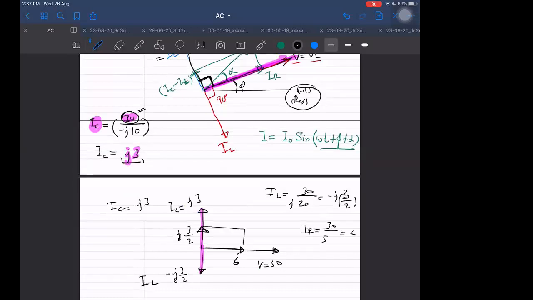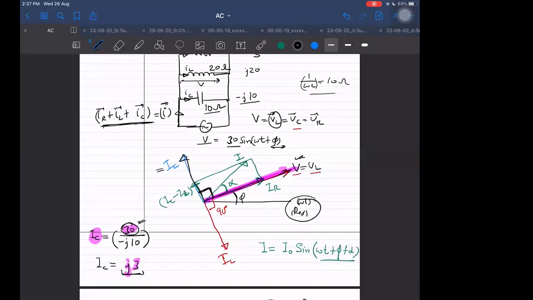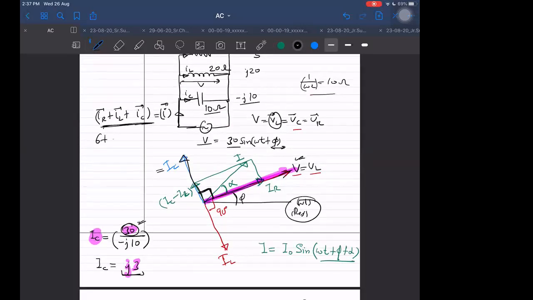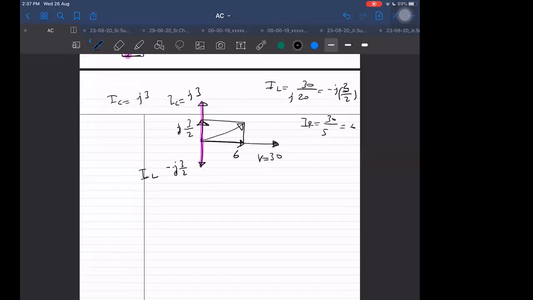So what is the net complex number coming out to be? Net current coming out to be, as I know here, IR is 6 plus J into 3, minus J into 3 by 2. So the net I value comes out to be 6 plus J into 3 by 2. That is the net I value. So what is the net complex number coming out to be? Here I am getting it. Now, what angle does it make here? I can find that angle easily now because I know the imaginary part and I know the real part. The imaginary part is 3 by 2.